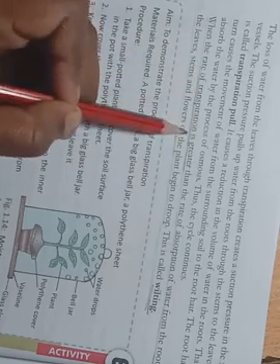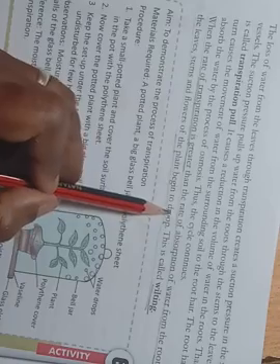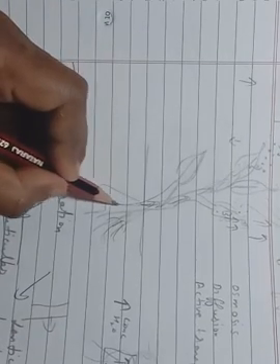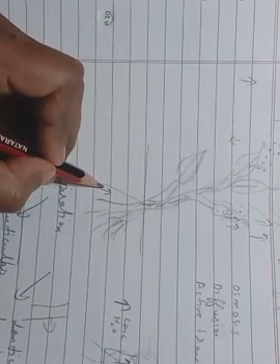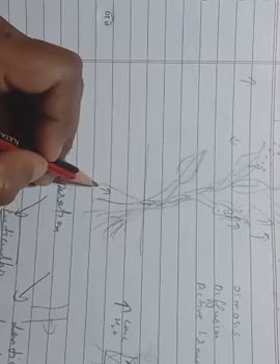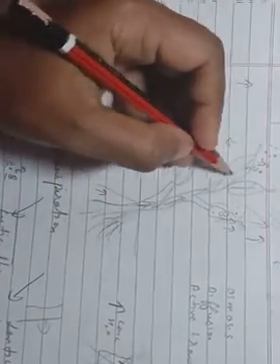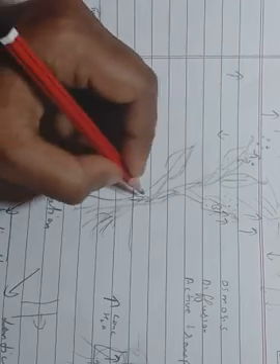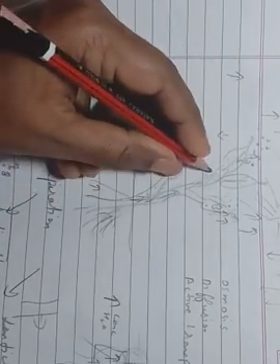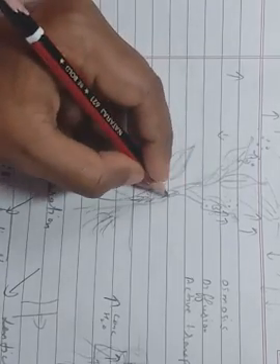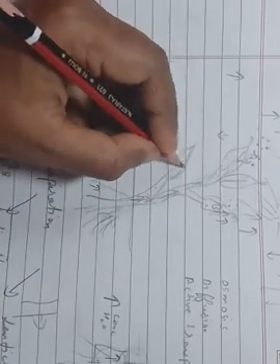When the rate of transpiration is greater than the rate of absorption, suppose the root is absorbing water, but it is not absorbing at a high rate, but the transpiration is occurring at very high speed, then what will happen? Automatically the water molecules inside the plant will be reduced. Because of the reduction of the water in the plant, the leaves will start wilting.